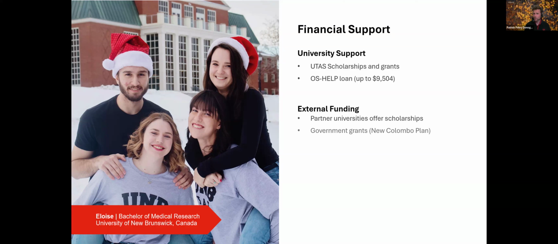There are also external funding opportunities. So some of our partner universities, Gothenburg, for instance, in Sweden, the University of Copenhagen in Denmark, are two which spring to mind. City University of Hong Kong offer a generous scholarship for our students. Sciences Po in Paris just sent me an email about how they have a scholarship for our students. So some of our partners offer scholarships, and intelligent students, they'll apply for UTAS scholarships, but they'll also apply themselves and choose a partner university which offers funding. So check out our funding website. Put funding opportunities into the website that we looked at earlier, and all the different scholarships that we're aware of